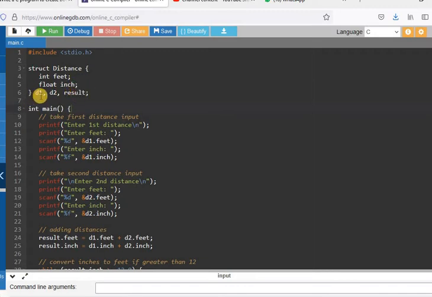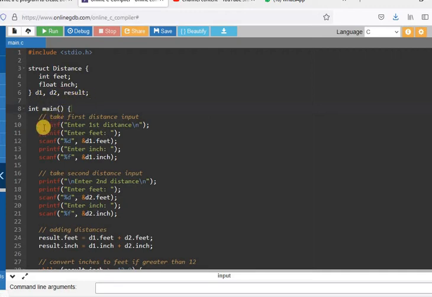Now after that, we have declared three variables, d1, d2 and result. In d1 we will take the first distance from the user, and here we will take the input for distance 2, and after that by adding d1 and d2 we can get the result.